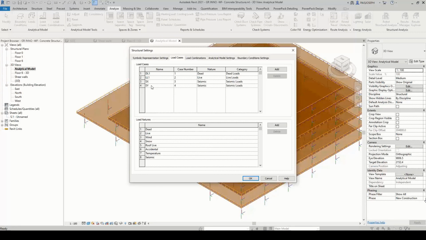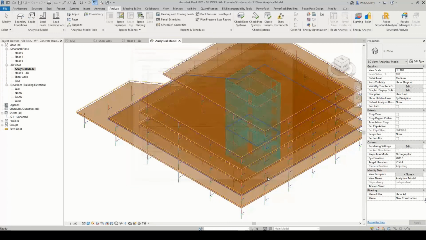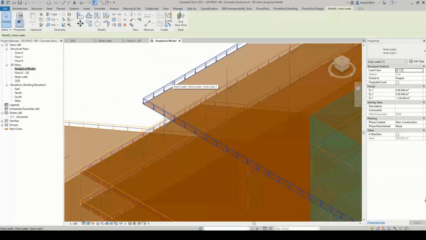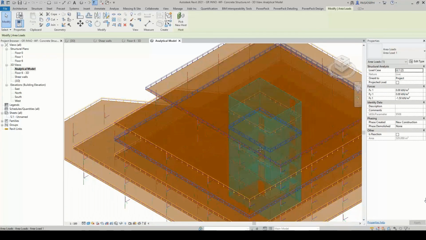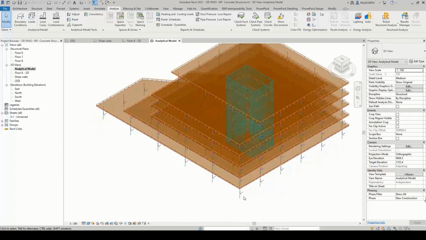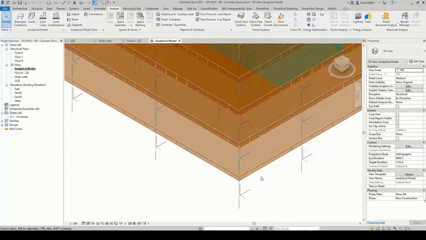Those load cases are not created automatically by Revit. It's the user who has to create those load cases. But the load cases could be part of a template, for example, at least for the naming, because for sure you have to apply the loads. You have some tools in Revit to apply surfacic loads, punctual loads, etc.